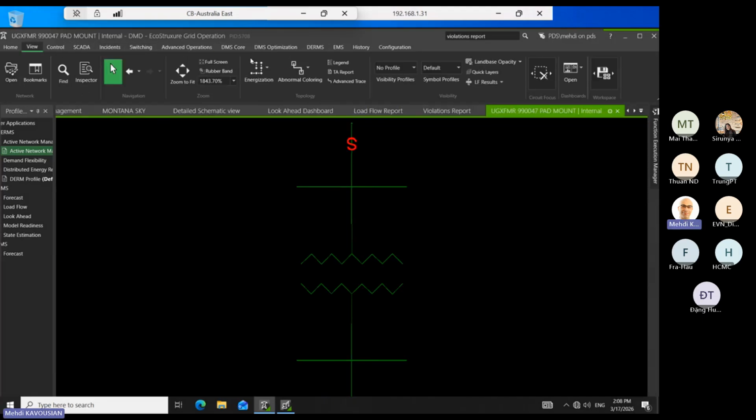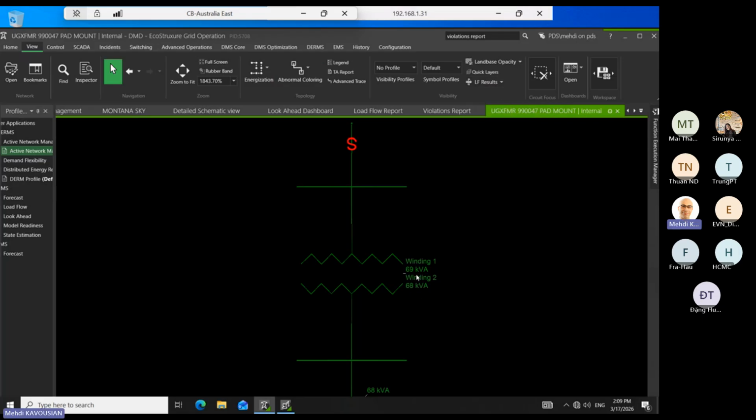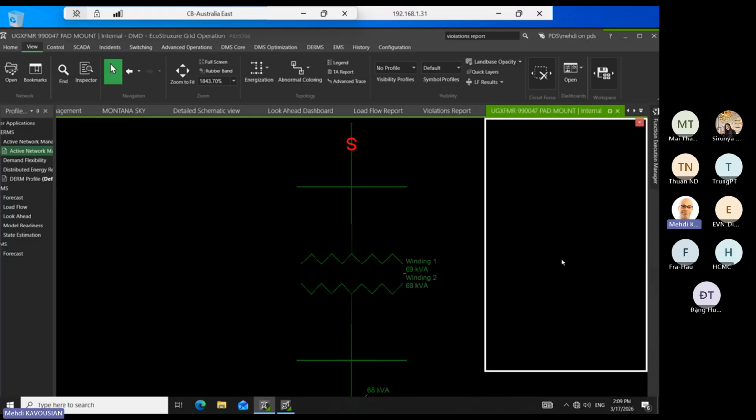And I don't see any results right now. I say, okay, I want results on this one. For transformer, we use S, right? So probably I can just have one result. Let's put S only. So you see, it's calculated 69 kVA for this,